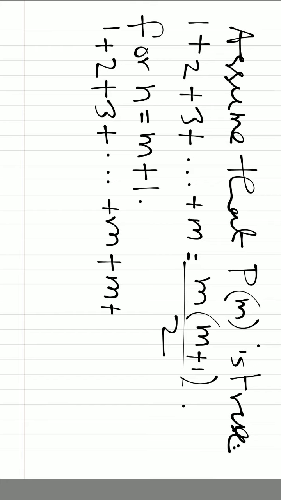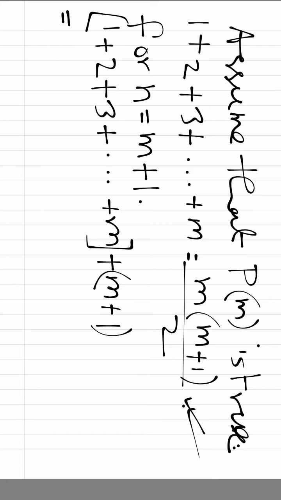Why we are writing it like this? We are writing it like this because we have to use the statement Pm when we are proving the statement for m plus 1. Since we have to use Pm, we should have the expression up to m. That's why we are taking the series up to m in a separate bracket and m plus 1 separately,